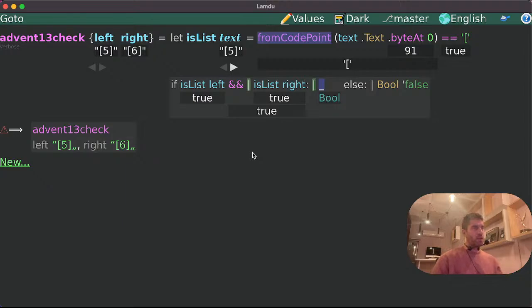So if these are lists, we should break them into parts. Now, it's not a simple matter of just breaking at commas, because there could be nested lists, right? So we're actually having like nested